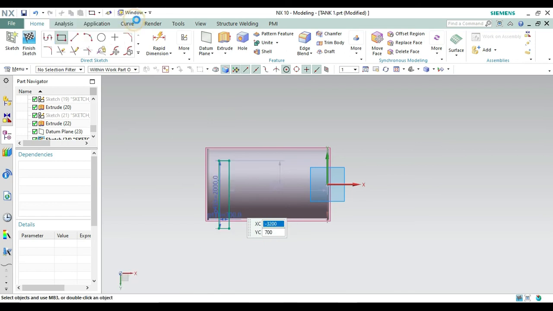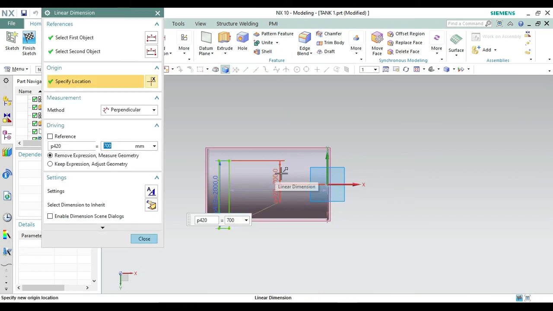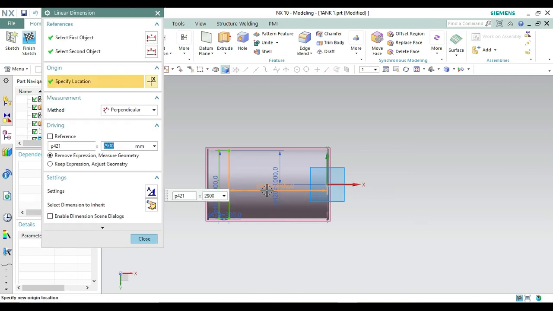Now we have to change this distance first. This distance should be half, meaning 1000, so it will be in the center. Now we have to manage this distance. Let's make this distance 1750 plus 875 and make it close.